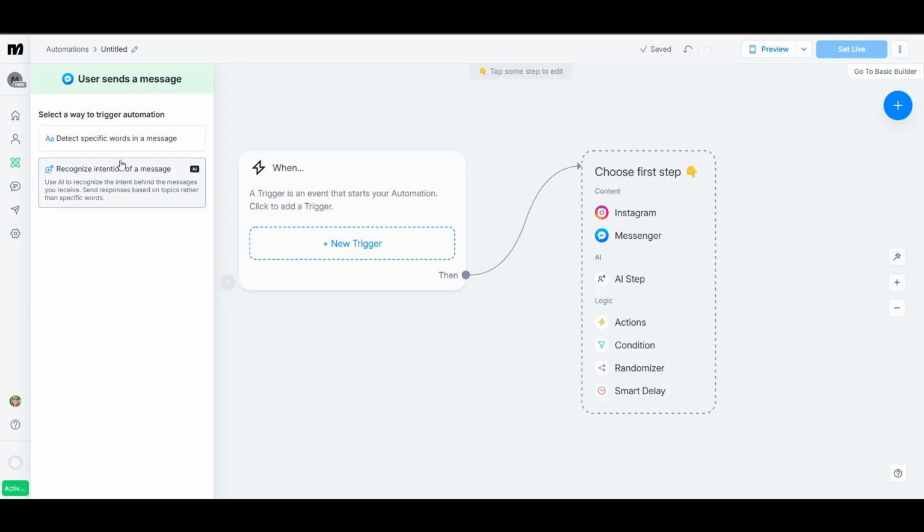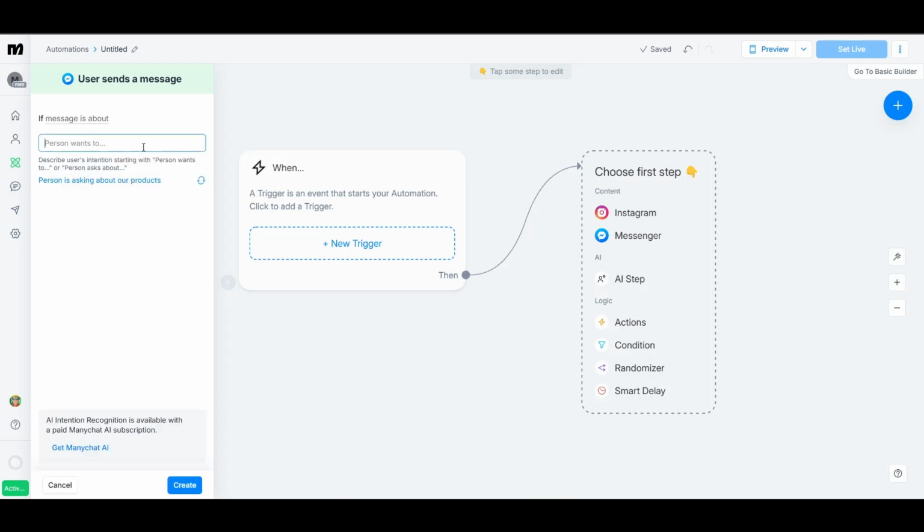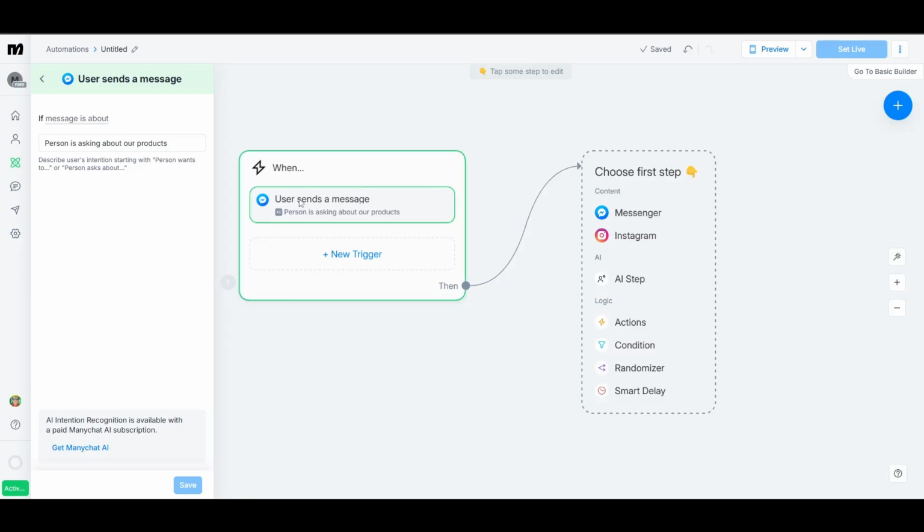Okay, now from here you just need to select one of the options. Let's say I'm going to choose the AI option here, and then I'll just type in anything. Let's say the person is asking about our products. You just need to click on Create here. Now this is our trigger. So whenever someone messages us and that message is the person asking about a product, then we'll set up